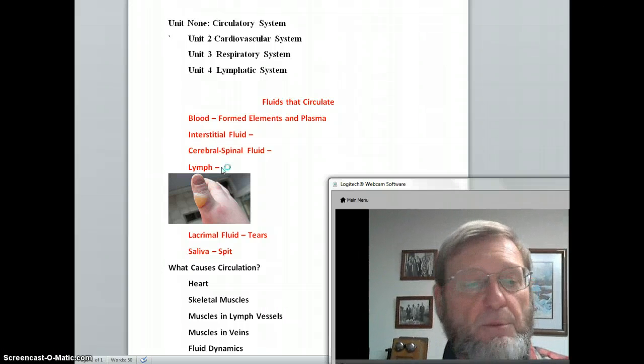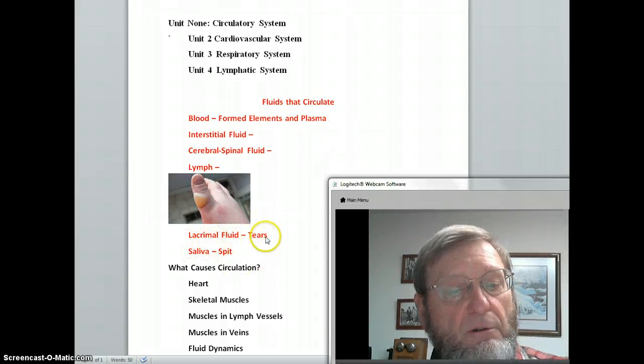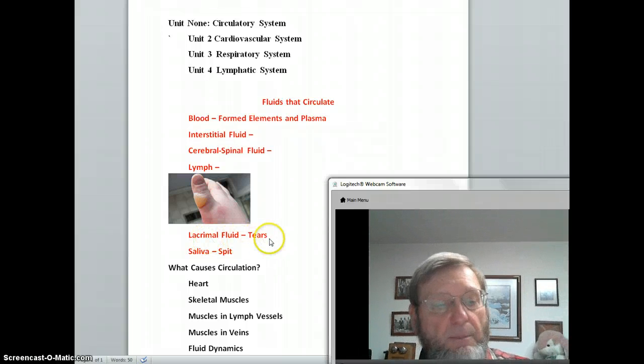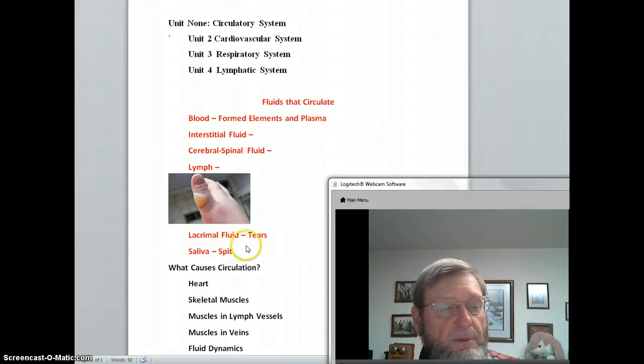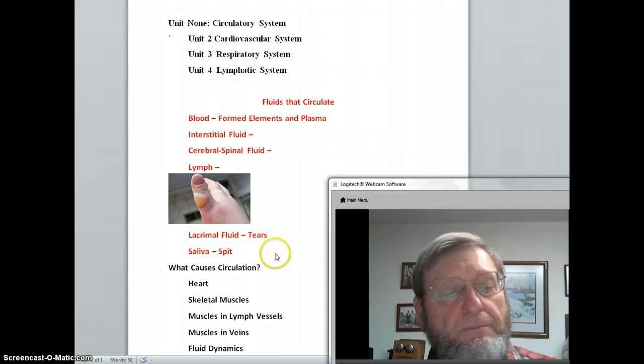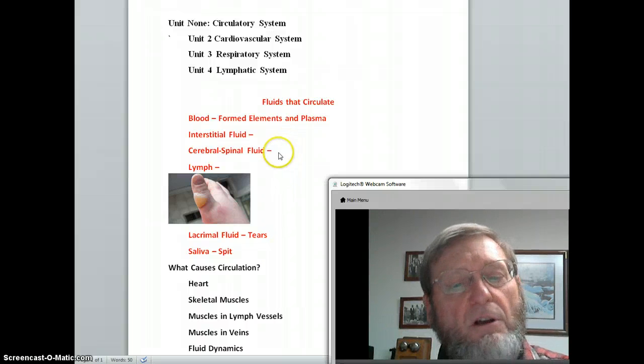Okay? So we have some special areas too, that fluids that circulate. Our lacrimal fluid, coming from the lacrimal glands above our eyelids that produce tears. They go down into the back of your throat, and you swallow it. It's absorbed in your digestive system and circulates. Saliva is another fluid that's produced by glands, and you would call it spit, but it's an enzyme-rich digestive fluid, and it, of course, goes into your digestive system, and the water is absorbed, and it circulates. Okay, so all of this stuff circulates, and it picks up metabolic wastes along the way that have to be